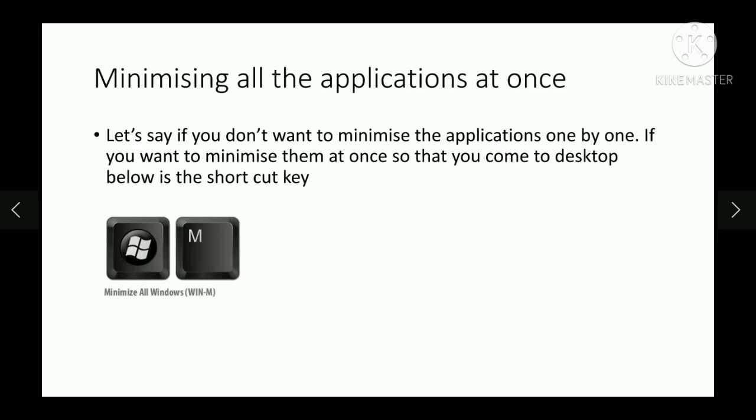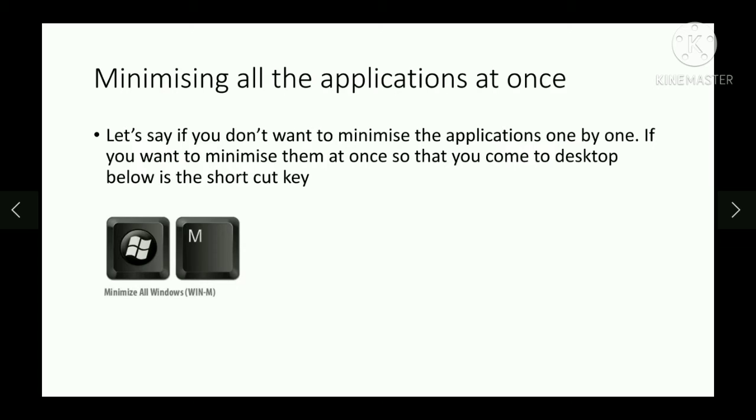And let us move on to the third keyboard shortcut, how to minimize all the applications at once. I think you have also faced this problem where you are presenting your screen, and you have a lot of applications open. But if you want to open only one particular application, it is hidden behind in the desktop. In that case, I used to minimize all the applications one by one, and that takes time. So to minimize all the applications at once, you can use the Windows plus M key.